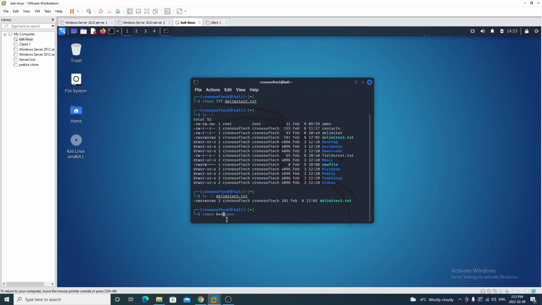Because in the easiest terms I can put it, read (R) equals 4, write (W) equals 2, and execute equals 1. So if I want read and write permissions for my first octet, that's going to equal 6. If I want just read permissions, that's a 4, and just read permissions for the other group, that's also a 4. So if I put that in, and I put delimiter 2.text,